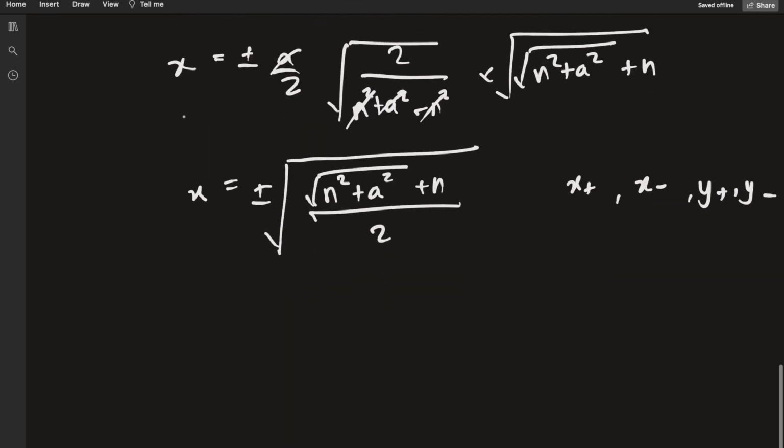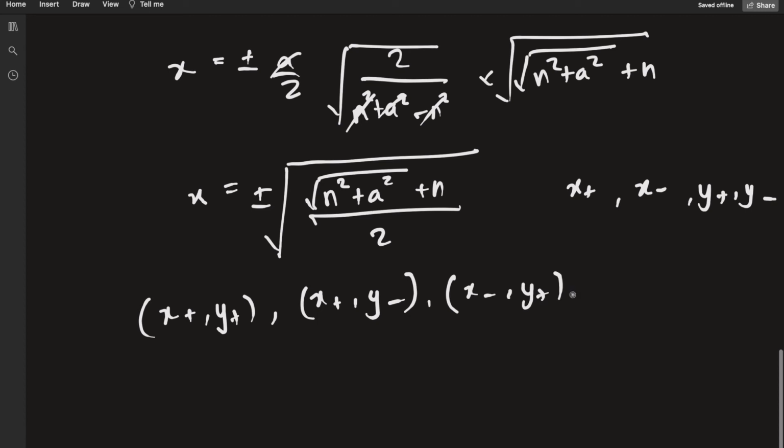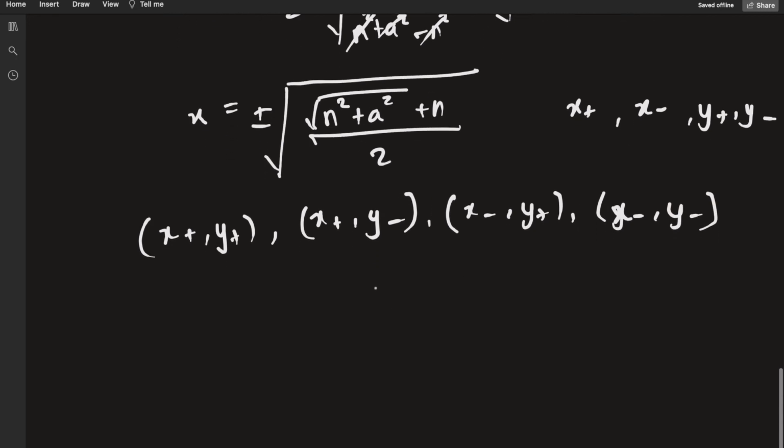well, the solution for the entire thing, 4 solutions: x plus y plus, for example, and the other one is x plus y minus, x minus y plus, and finally x minus y minus. Now we need to make a choice for one. Notice our integral was going from 0 to infinity. X was going from 0 to infinity,